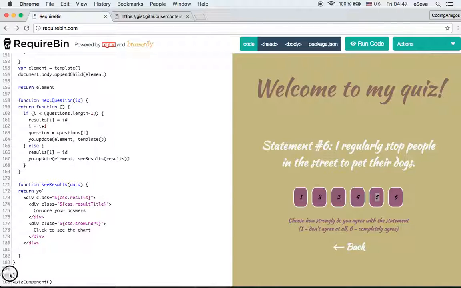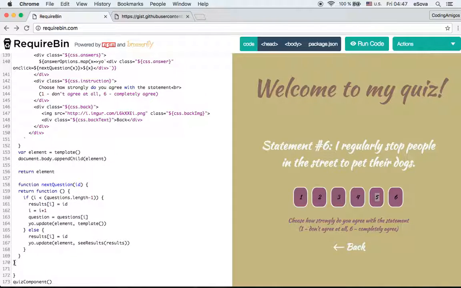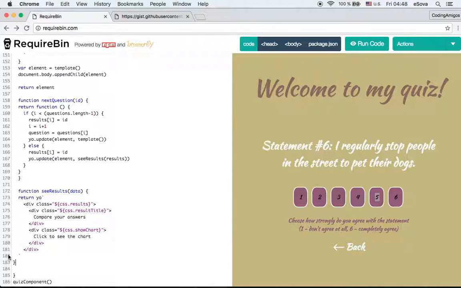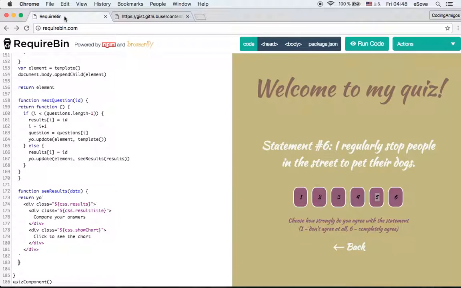Now I see a little mistake. Let's go back. So this closing belongs to this function. And the new function comes below. Okay, so now it's okay. So this is this, and the next thing will be a back function, but let's see if this part works